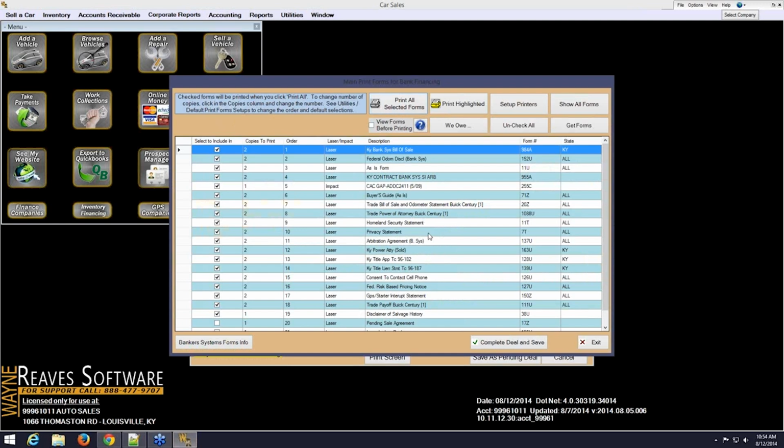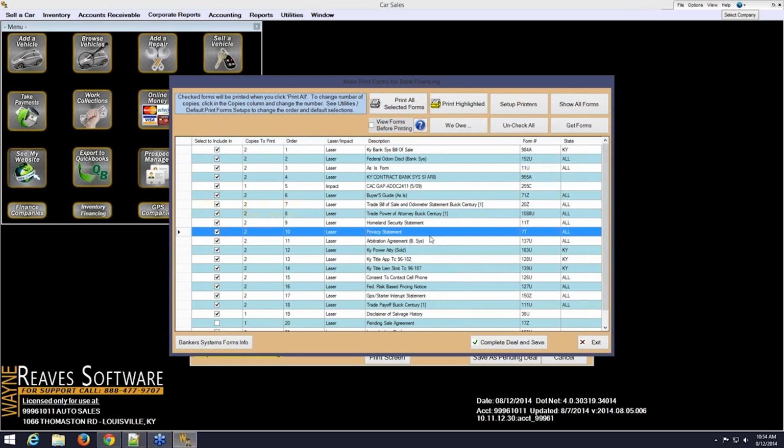Now, occasionally you'll need to come back in here and reprint something, or you just need to print something individually like the privacy statement. And then you can print highlighted. So this allows you to print only the highlighted document without having to uncheck all. If you use the View Forms Before Printing feature, this allows you to print all selected forms, and it puts